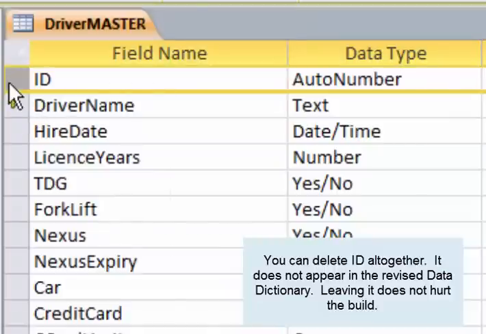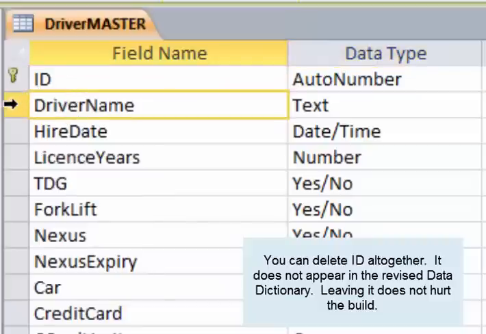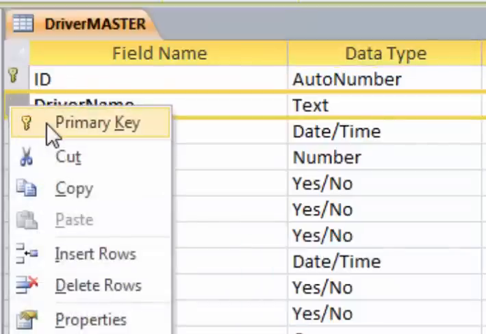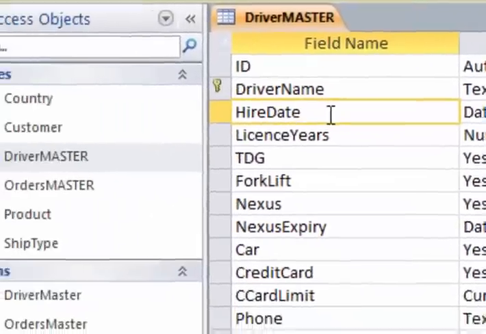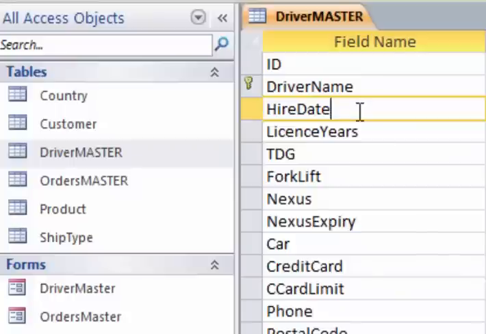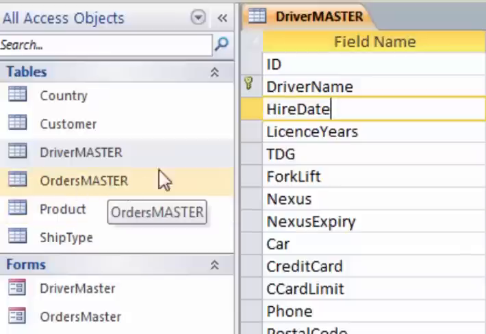So if ID number was the primary key like this, just right click in this area next to driver name, make that a primary key. And again, a reminder, primary key is that one piece of information that is different for each record. So for each driver, the name is different. So if you had 2 drivers named Sing, you might want to call it Sing1, Sing2. You can't have 2 that are the same. So the driver name will be linked to the driver name in the orders master so that we can pull